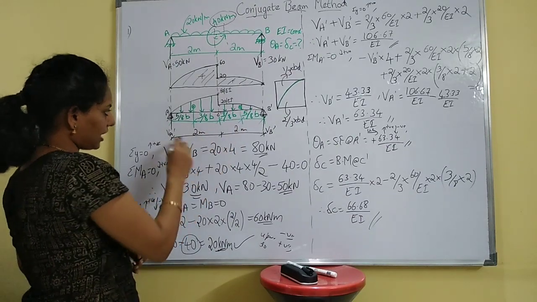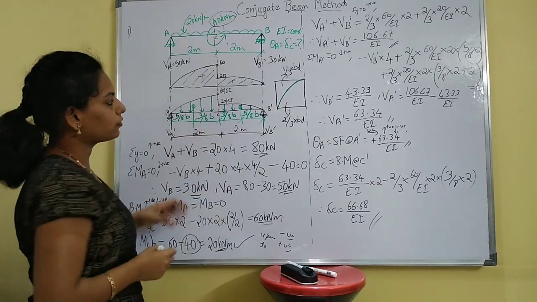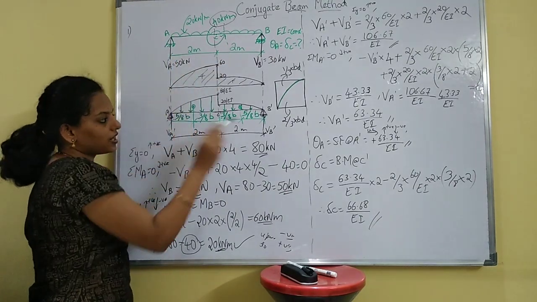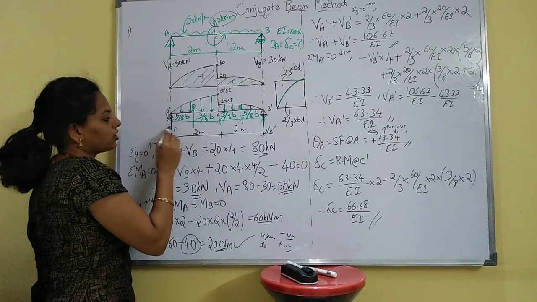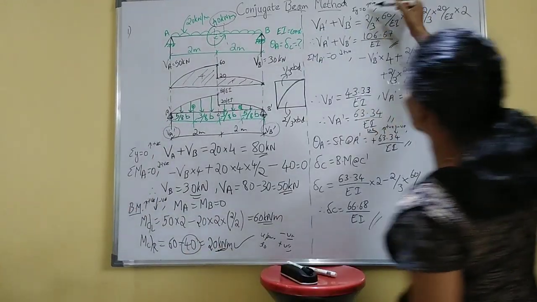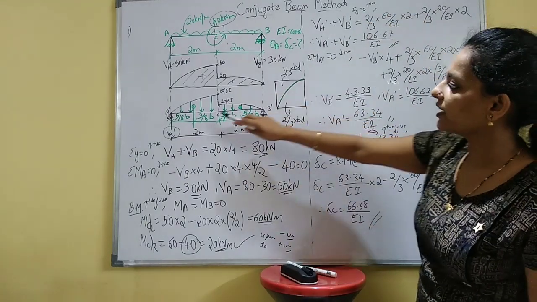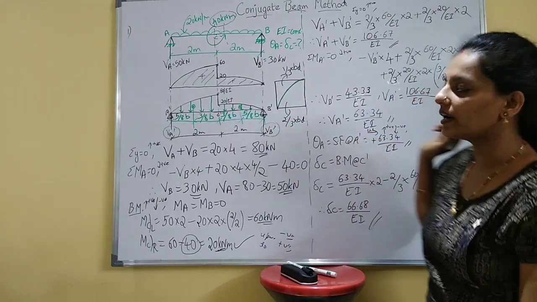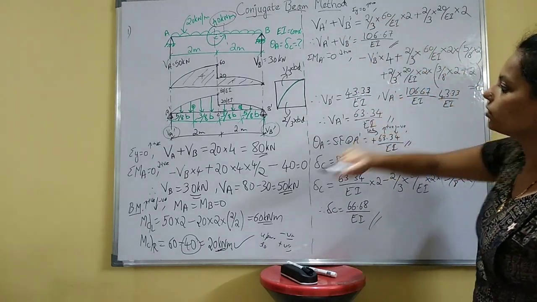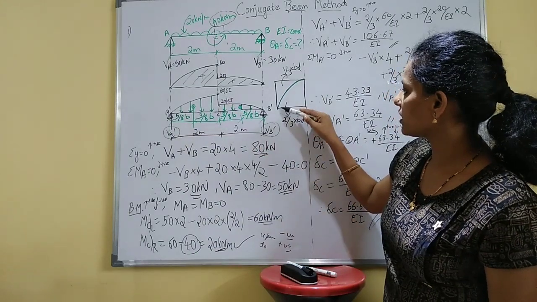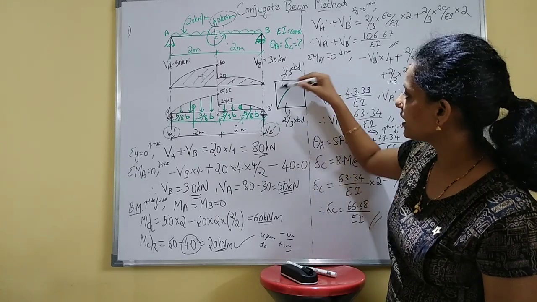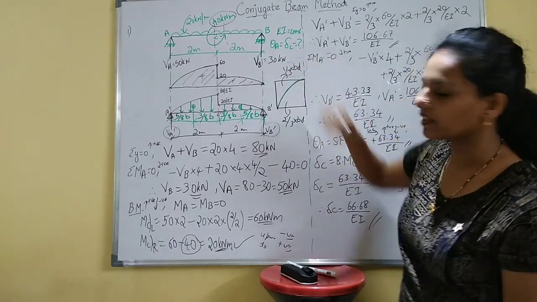Next, after calculating this, we have to go to the next step. This is the conjugate beam. In the conjugate beam, the simply supported and roller supports will be the same. Just find out Va dash and Vb dash. For that, again summation Fy equal to 0. Now we are finding the reactions considering this M by EI diagram. So Va dash plus Vb dash equals this area. For this area, if it is a parabolic curve, the area will be 2/3 of base times height, and if it is the other way, then it will be 1/3 of base times height.